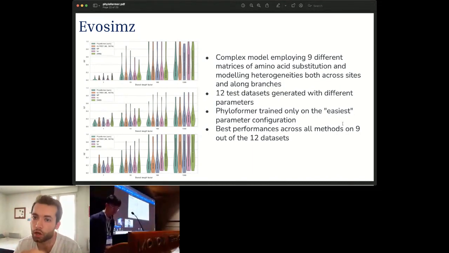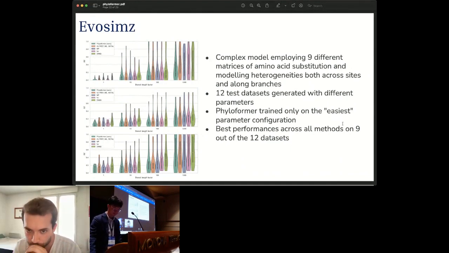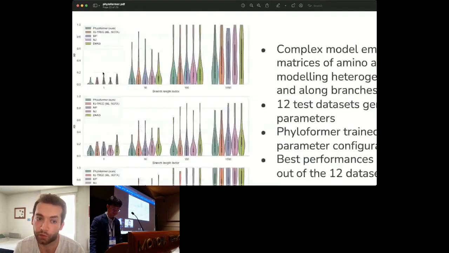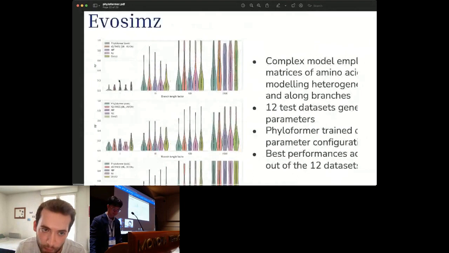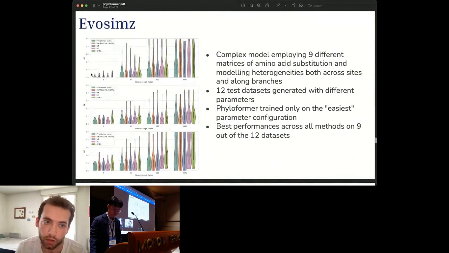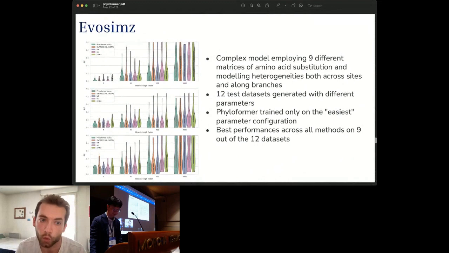So this is a complex model employing 9 different matrices of amino acid substitution and modeling heterogeneities both across sites and along branches. And 12 test datasets were generated with different parameters. And to test our model, we trained it only on the easiest parameter configuration, namely the one on which all the methods perform best, the one here in the upper left corner. So for which, as you can see, the Robinson-Foulds distances for all methods are quite low. Nevertheless,